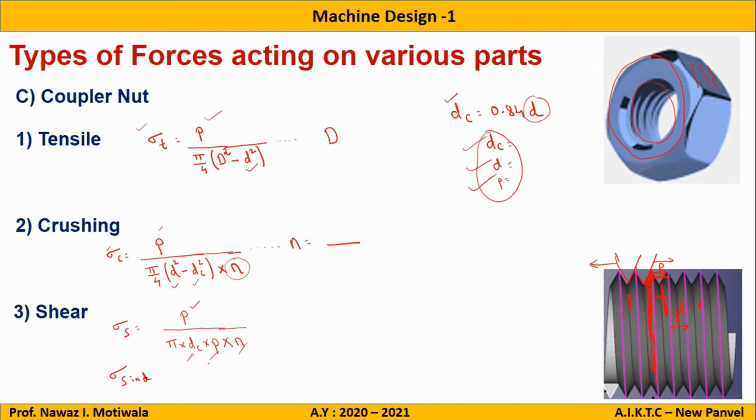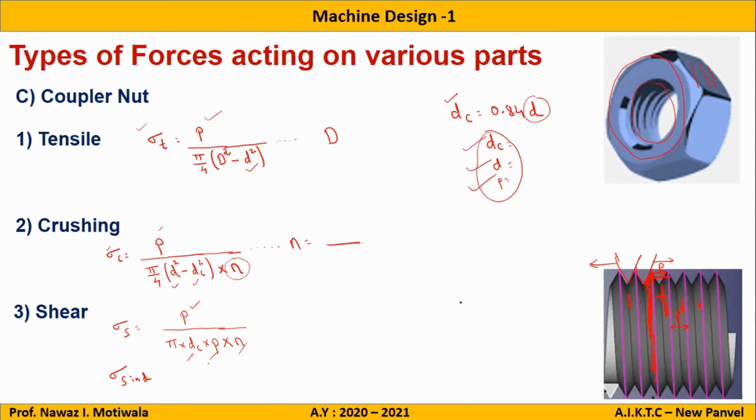And if sigma S induced is less than sigma S allowable, so what will I write? Design is safe. सब लोग design बोल दिए, safe. मैंने क्या पूछा, वो सुना ही नहीं. मैंने आधा shear बोला, आधा crushing बोला, सब लोग बोले design is safe. So the statement should be: sigma S induced should be less than sigma S allowable. Then we can say design is safe. You cannot compare shear with crushing.